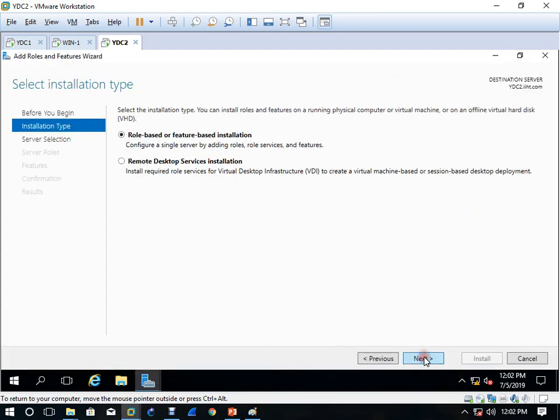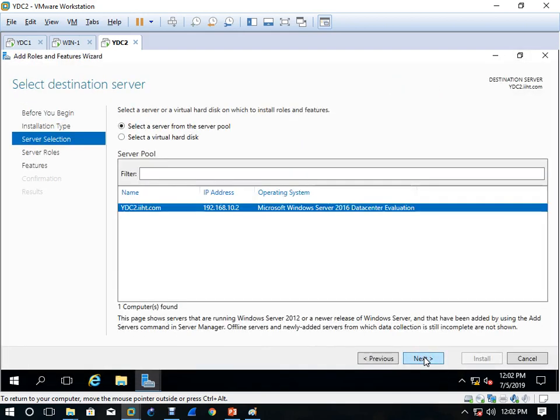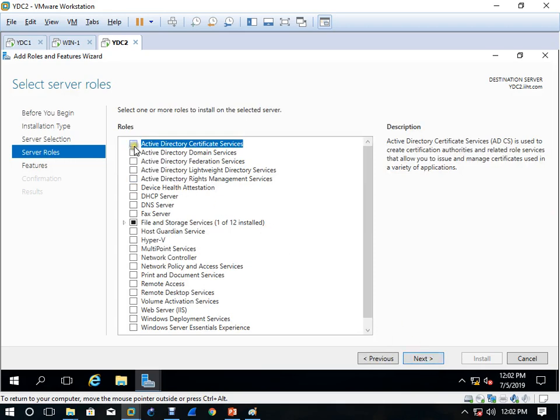Next. Normal role-based or feature-based installation. You are Yaoundé DC2. And why is ist.com coming? Because you are a member of the IST server. Now what do you want to install? Active Directory Domain Services, right?